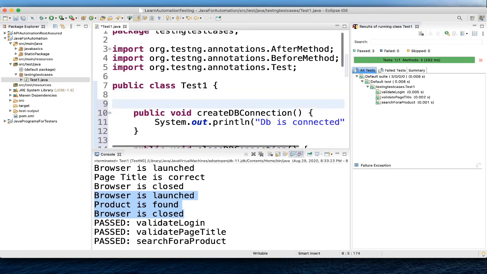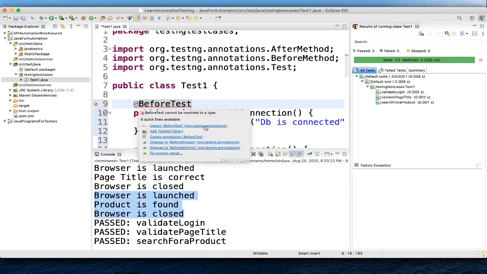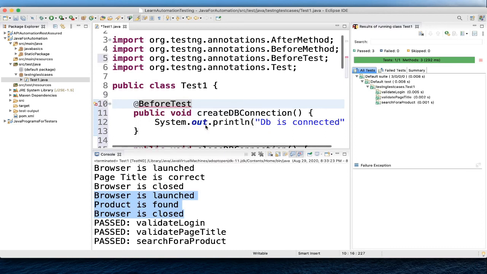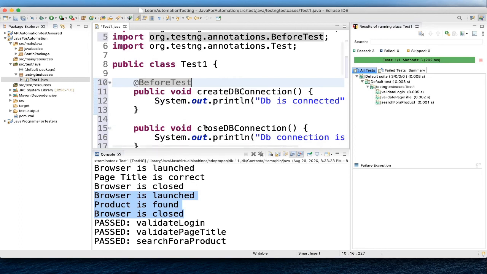Here what I will do, @BeforeTest. Again we need to import org.testng annotation. Similarly, as I want to close the DB connection after execution of the final test case, we'll add the @AfterTest annotation.